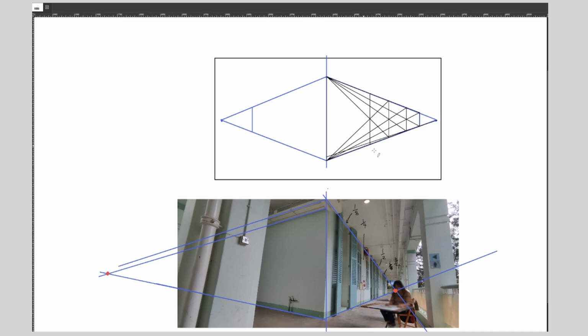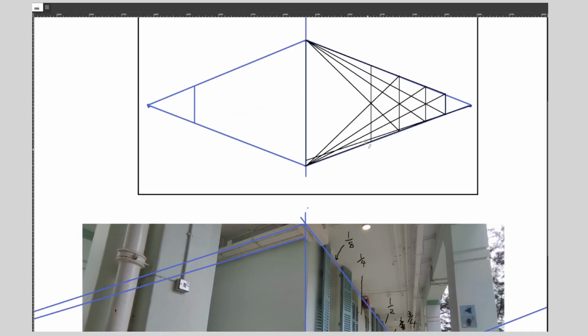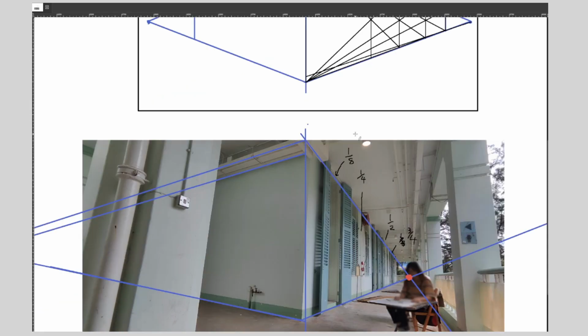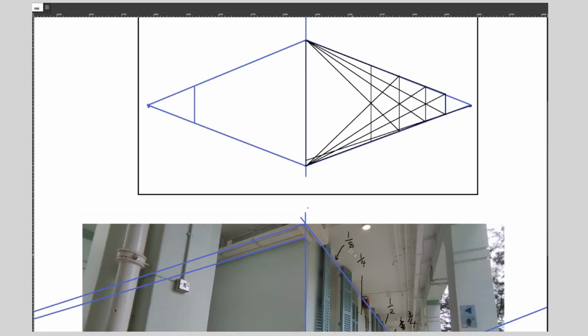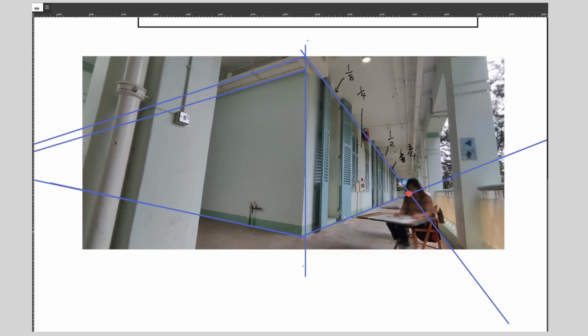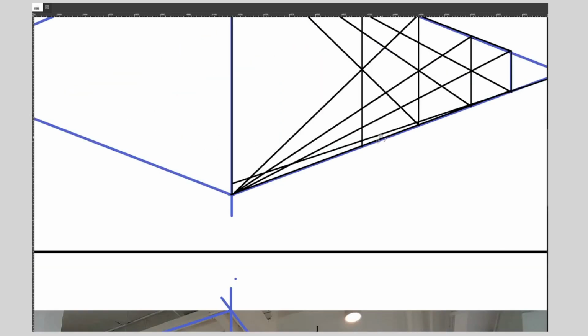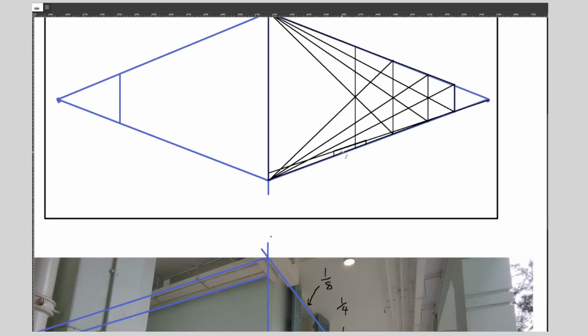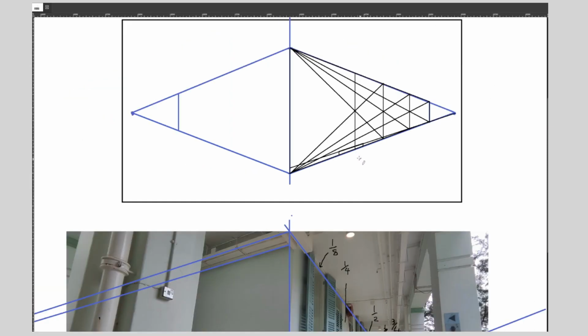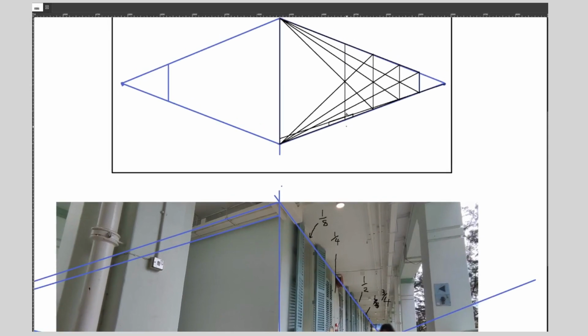So that means that actually the middle of our door, believe it or not, will be quite a fair way here. This is our 1/8 here. So our door is going to be, we've got that line there giving us the top of the door. So the middle of our door, there's more measuring you can do when you're on your actual drawing, but our door is going to be something like that. And I just did a guess there on that distance. You can do much more measurement yourselves,